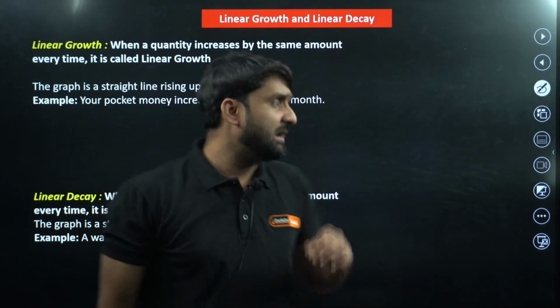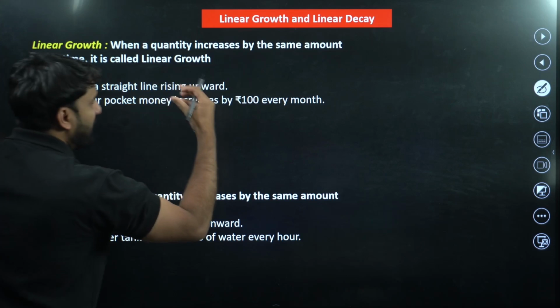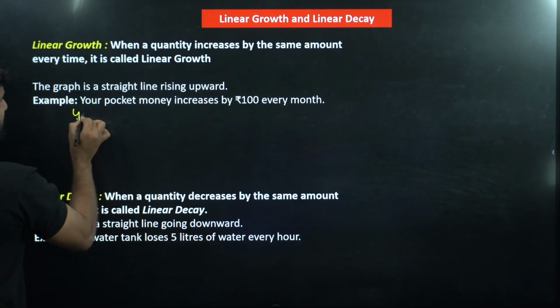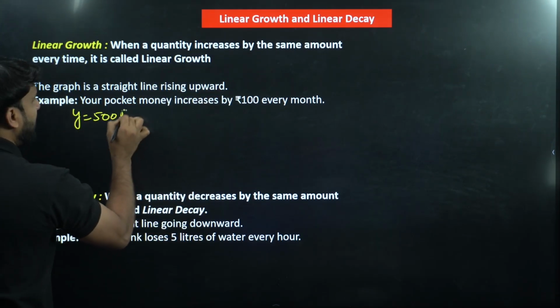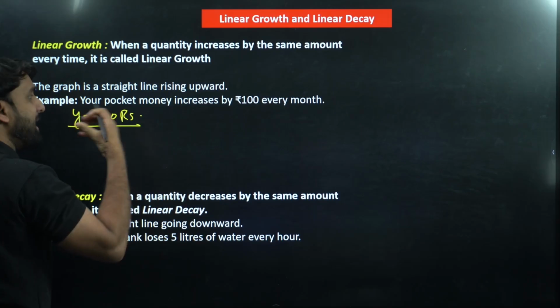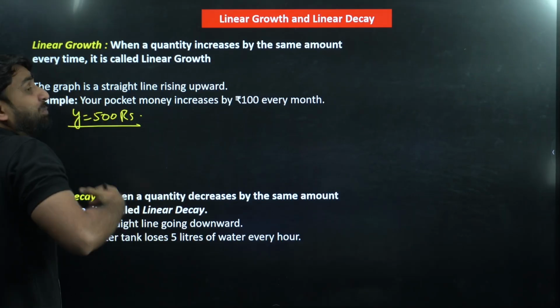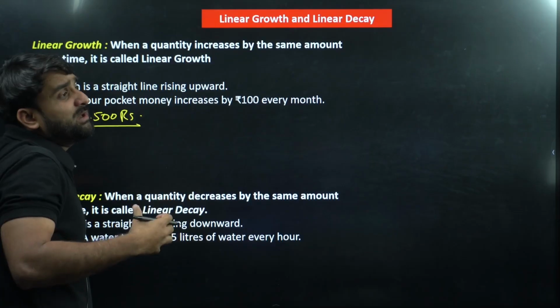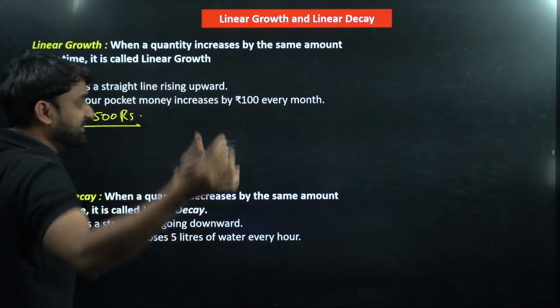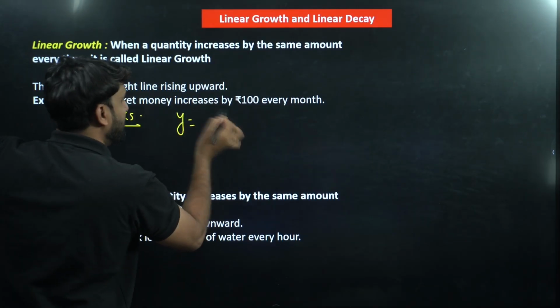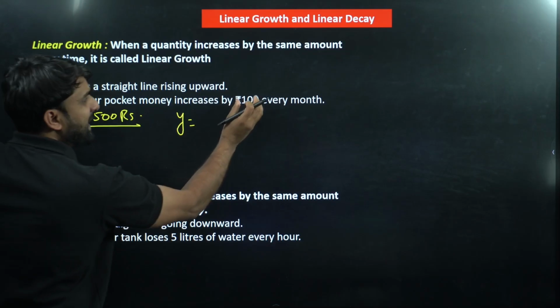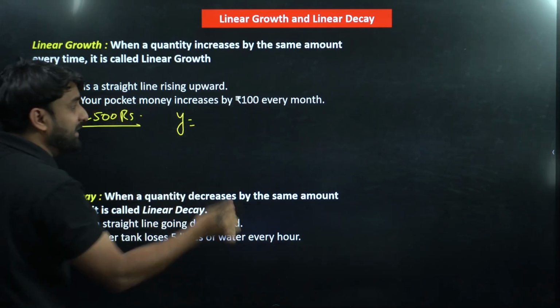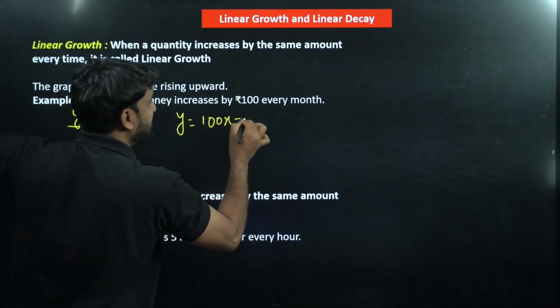Now for example, let's say I'm giving you an example. Ram is a boy. Ram had 500 rupees saved, and now Ram is saving his pocket money, 100 rupees every month. Now if I ask you how much money he will be having after 5 months, we can make an equation. He had already 500 rupees and 100 rupees he's saving every month, so we can make the equation 100x plus